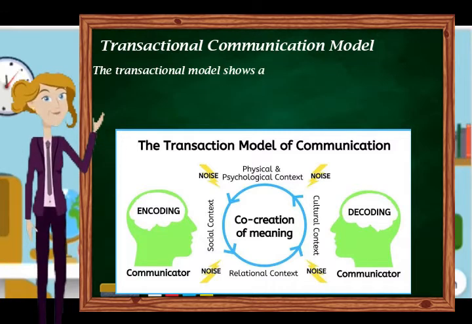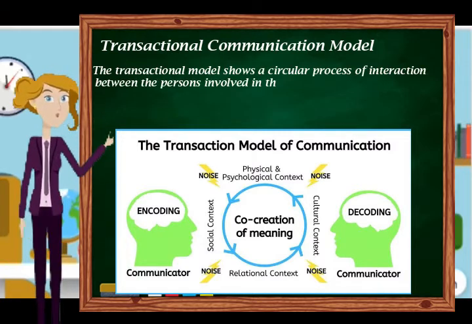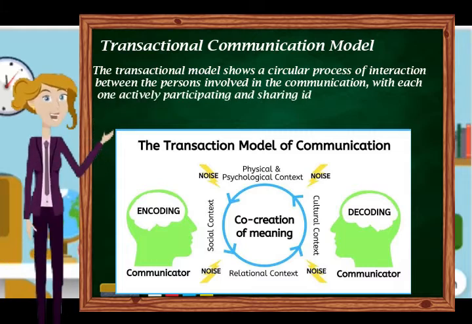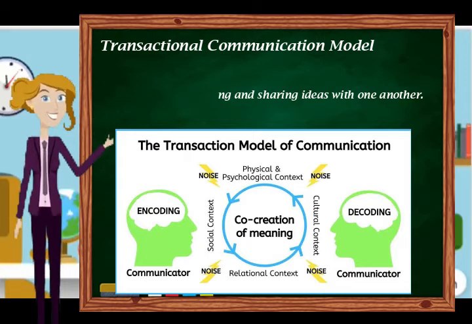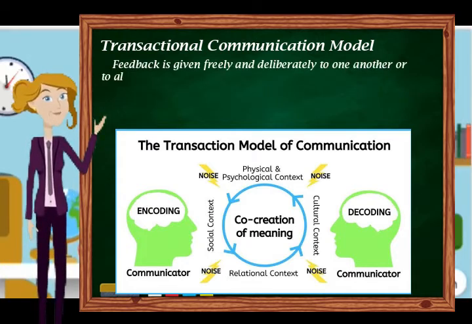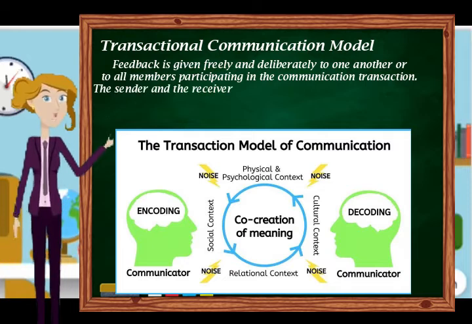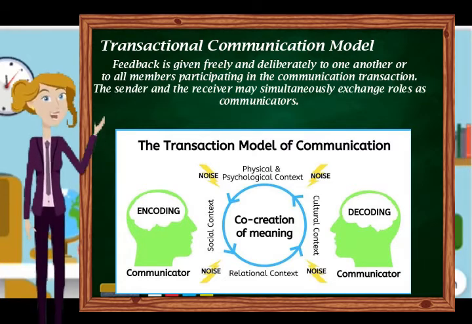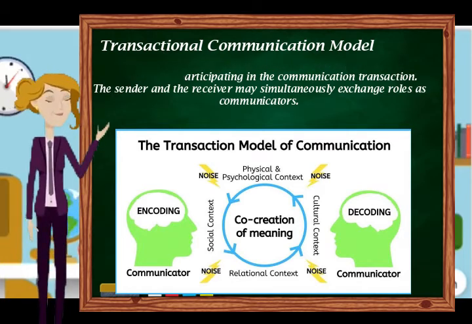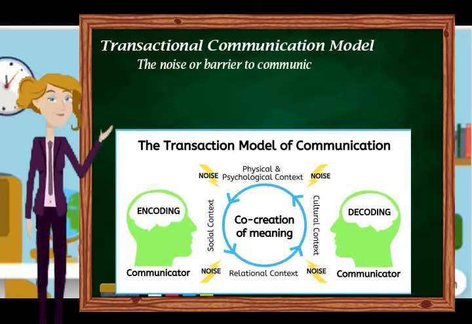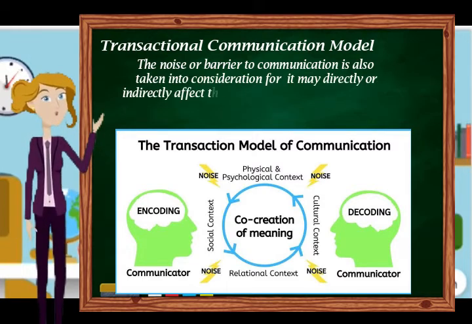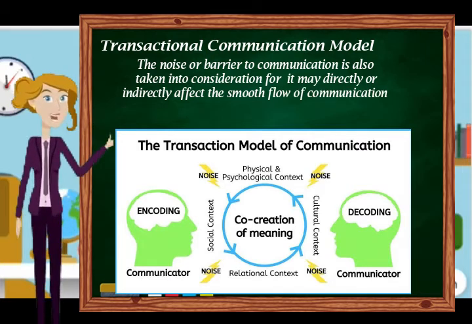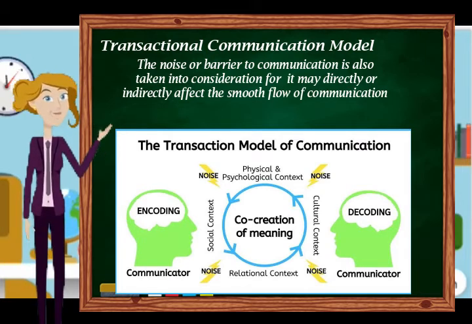The transactional model shows a circular process of interaction between the persons involved in the communication, with each one actively participating and sharing ideas with one another. Feedback is given freely and deliberately to one another or to all members participating in the communication transaction. The sender and the receiver may simultaneously exchange roles as communicators. The noise or barrier to communication is also taken into consideration, for it may directly or indirectly affect the smooth flow of communication. Here,